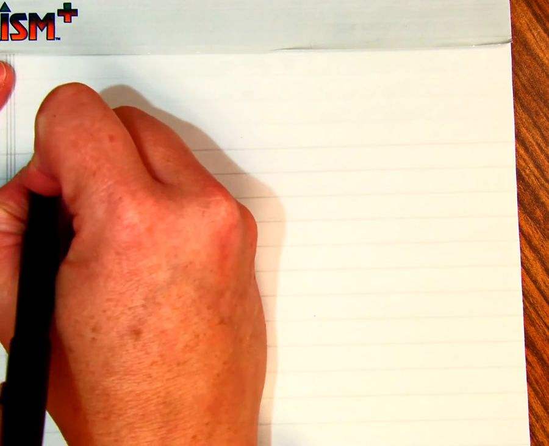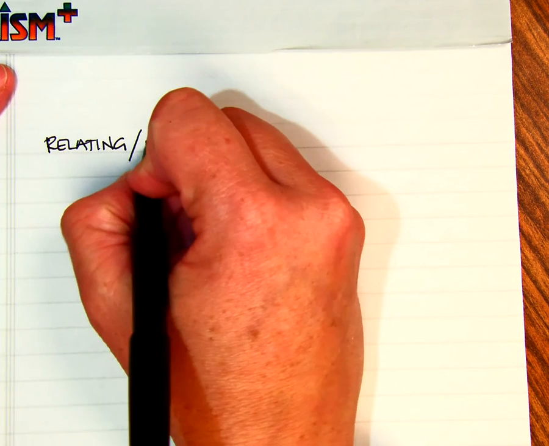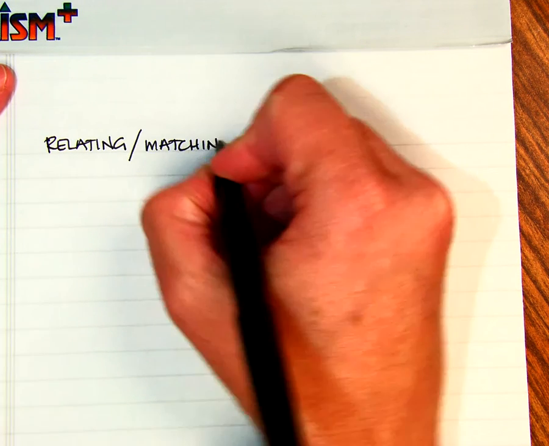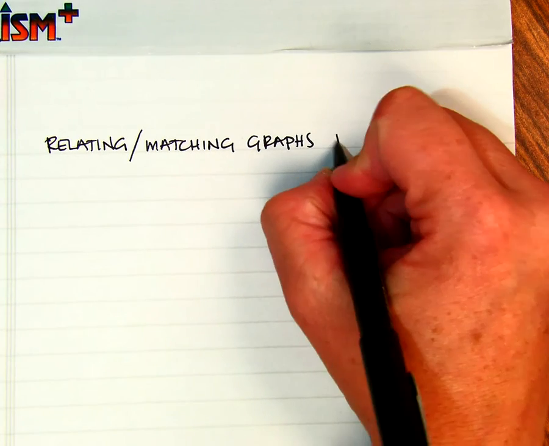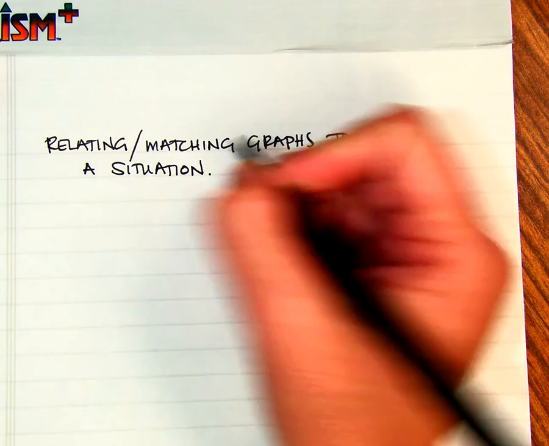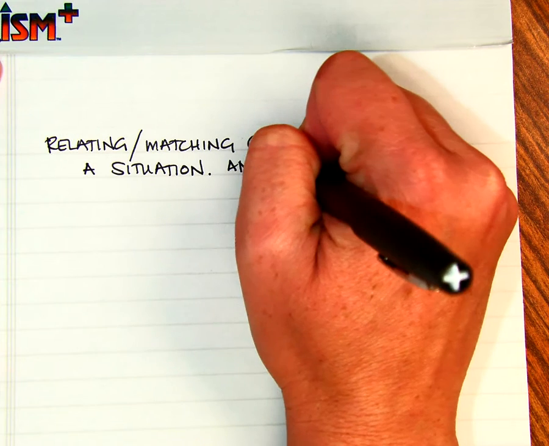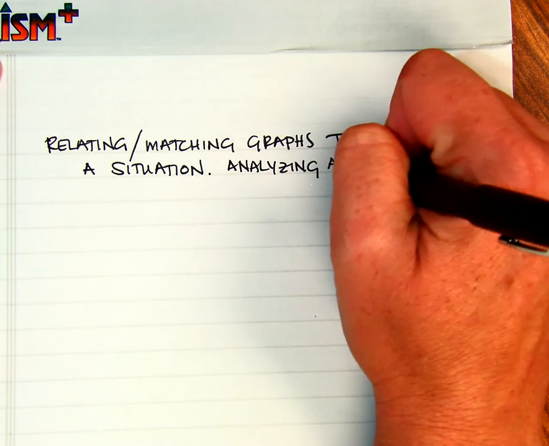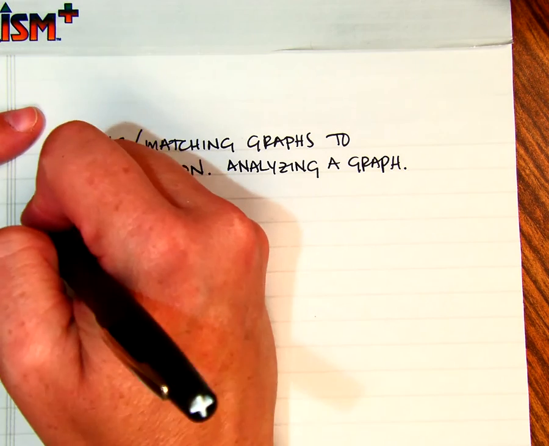Okay, so in this unit we are going to be talking about relating, or you could say matching, graphs to a situation. And you could also look at this as analyzing a graph. Okay, so we are starting off with given some graphs, and we're going to just talk through what the graph